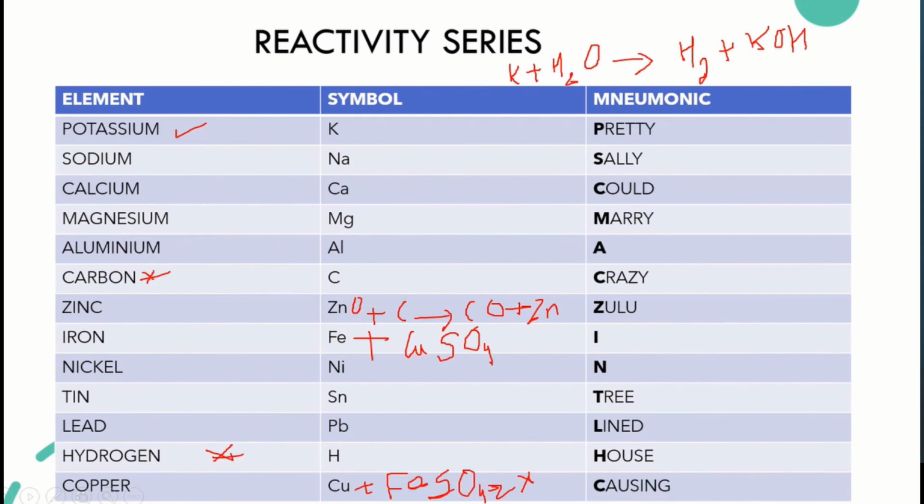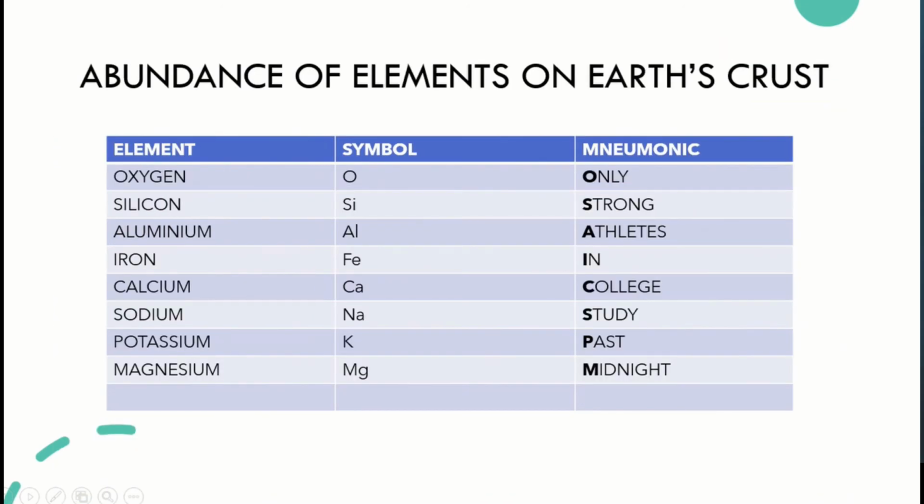Then the next slide is of elements which are found in Earth's crust. Now here you can see oxygen is at the top. So oxygen is the most abundant element that is found in Earth's crust. Then is silicon, then is aluminium, iron and so on. So oxygen is an element and it is a non-metal. Right? If the question is the most abundant metal that is found in Earth's crust, then it will be aluminium. So aluminium is the most abundant metal, and the most abundant element is oxygen here.